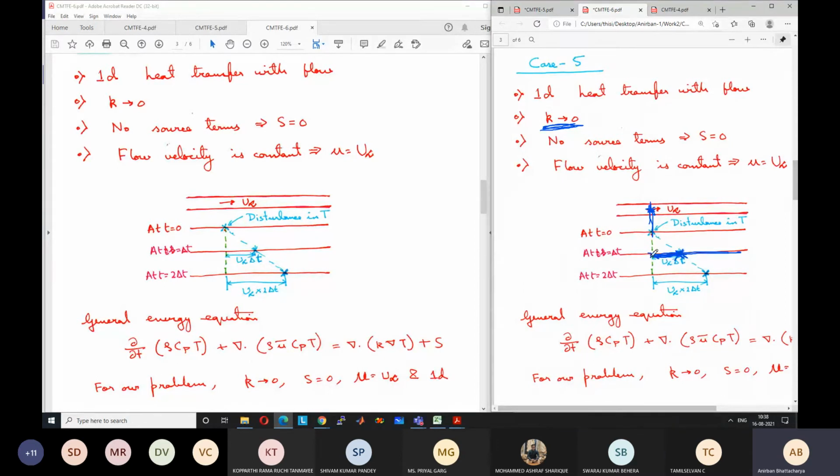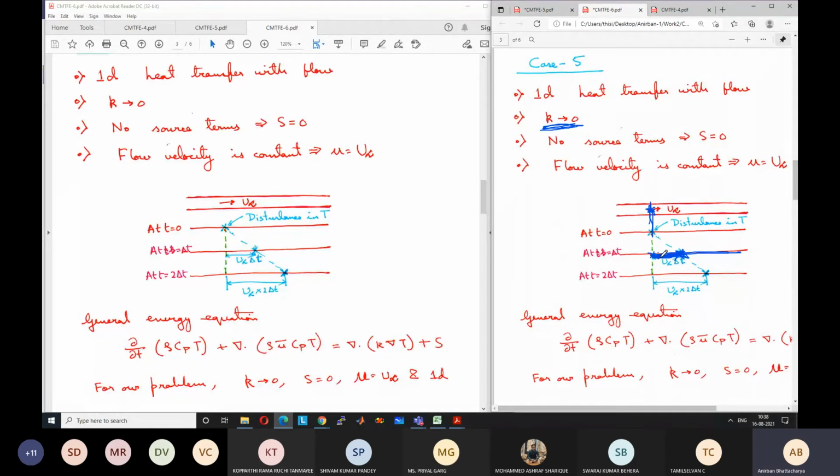Same thing with temperature. This point will become 600. All the other points are still at 300 because these points are influenced by something which has come from upstream. So what is the zone of influence? It is not the line. That is what I was looking at, whether you understand or not. It is not the entire region. What is the zone of influence then? At this time, it is not the line, it is just this point. Okay. It is just this point.